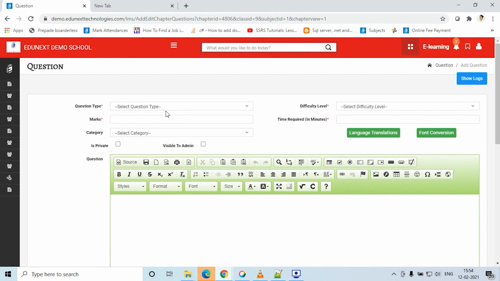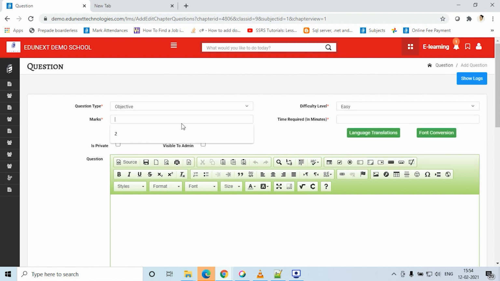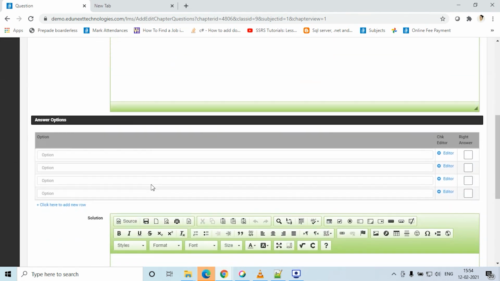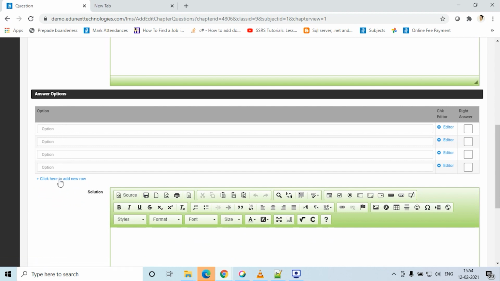Now let's create one objective type of question. Just select the drop down of objective, set the difficulty level. All the columns will be the same as we have described in subjective type questions. While creating the objective questions, we have the option to create the answers like this.